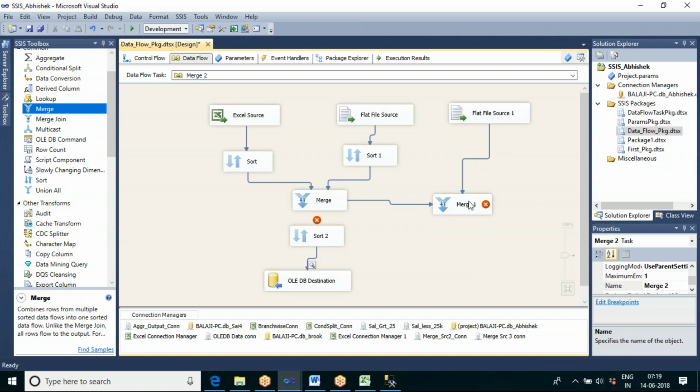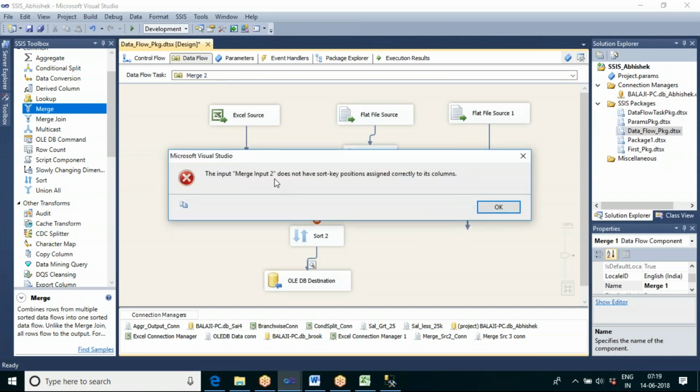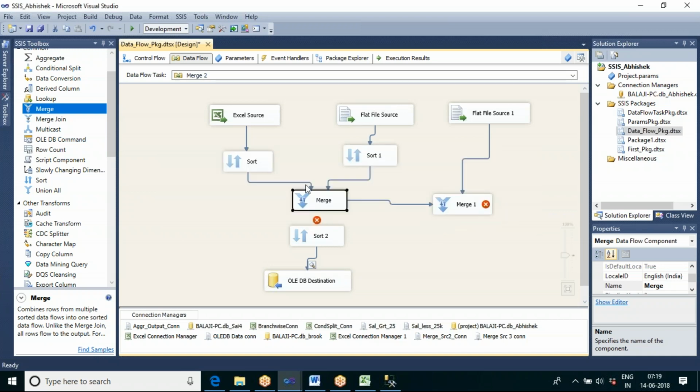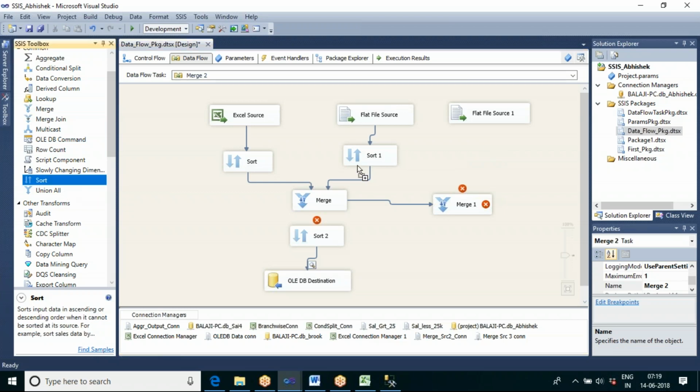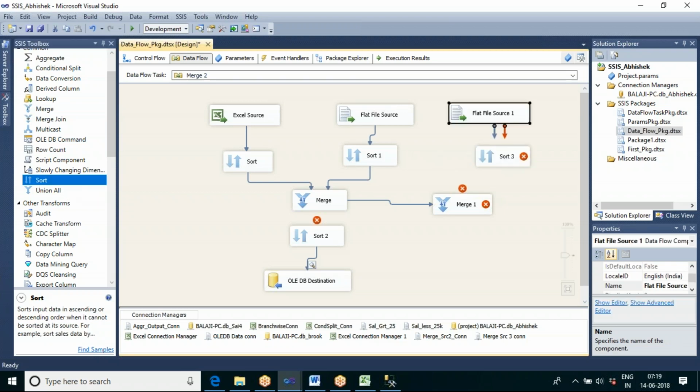Now if you try to open it, it is saying that input 2 is not sorted. Input 1 is already sorted here, but input 2 is not sorted. Then you can apply the sort here also.